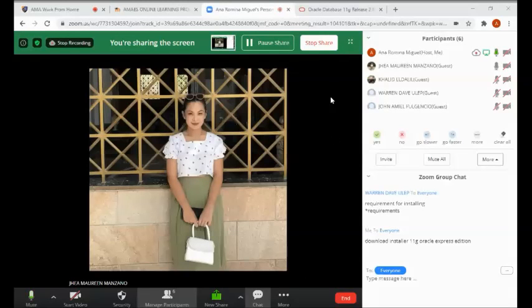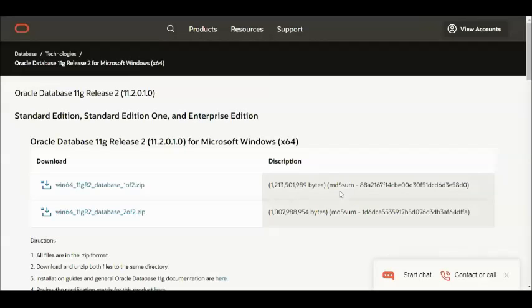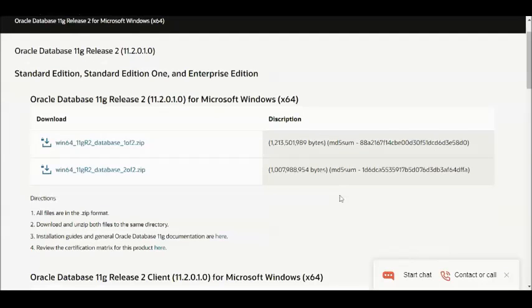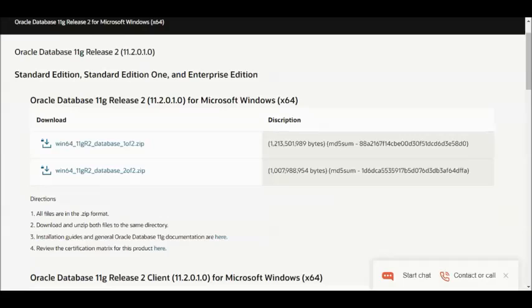Yeah, this one. So can you see now my screen? Okay, so you see I have a 64-bit in my laptop.